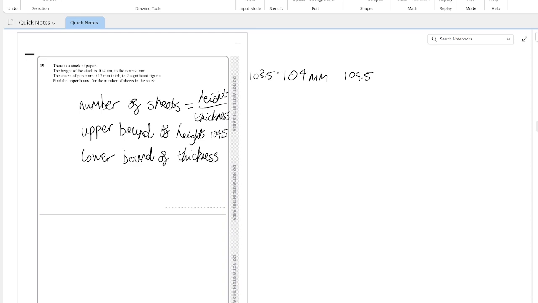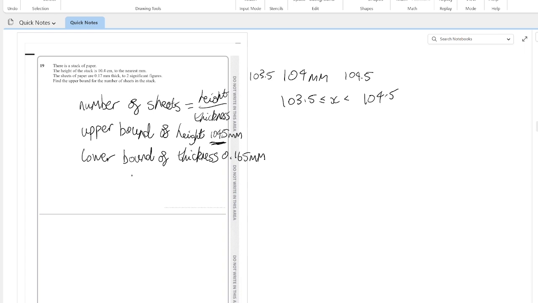So this is why you may see in an earlier question we had to fill in the gaps for the bound. So we can write this as, we use the less than or equal symbols here, but we only use the less than symbol here. Okay, anyways, the upper bound of the height is 104.5 millimeters, and the lower bound of the thickness, that's 0.165